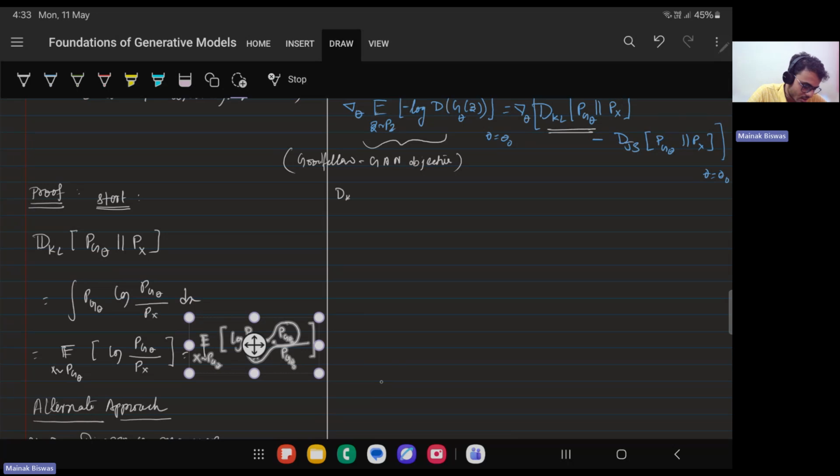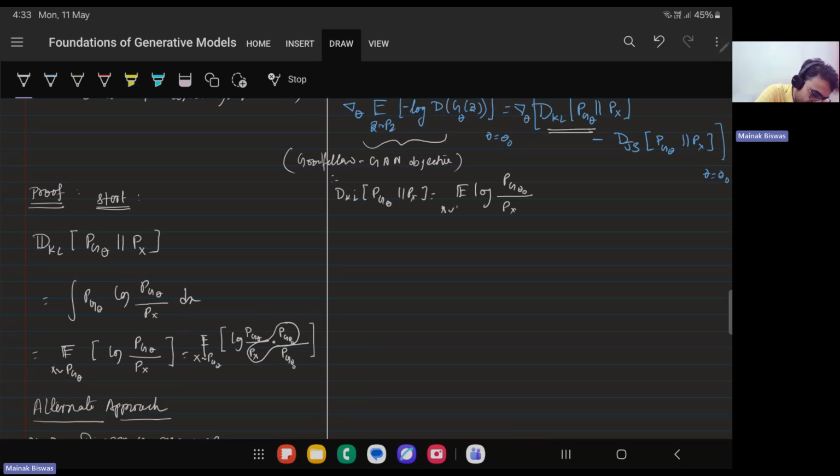Therefore, my DKL of p_g theta and p_x is equal to the expected value of log of p_g theta_0 by p_x, x being sampled from p_g theta,